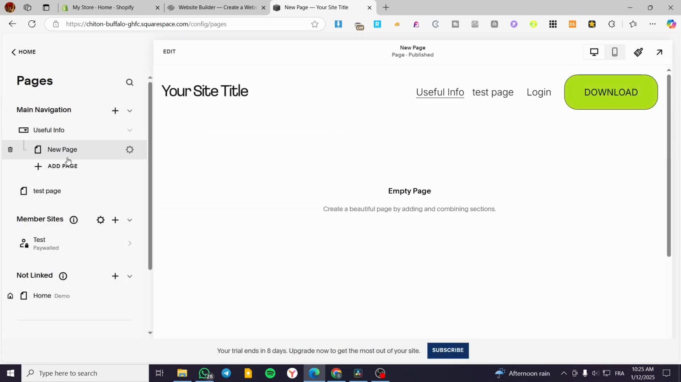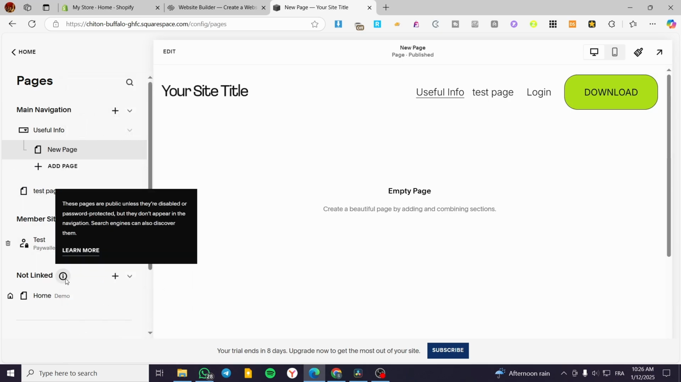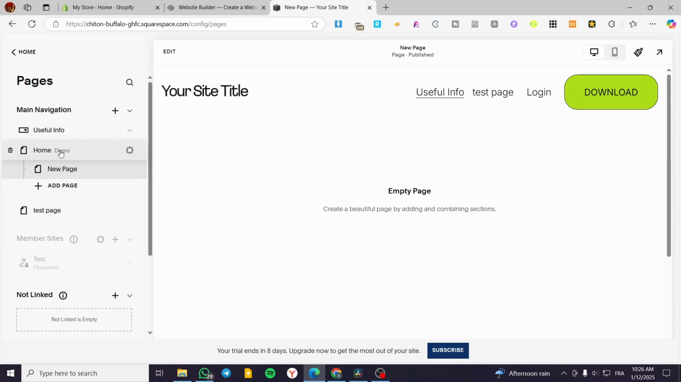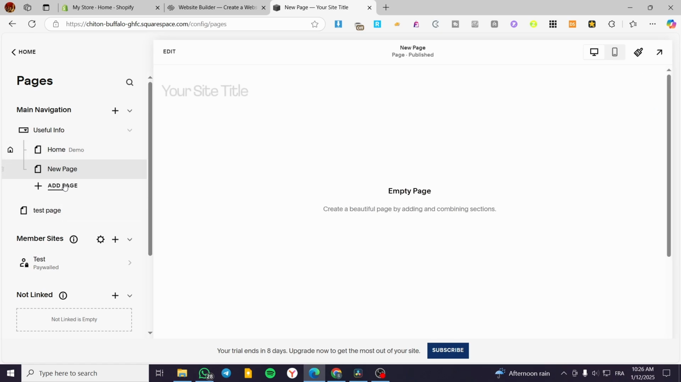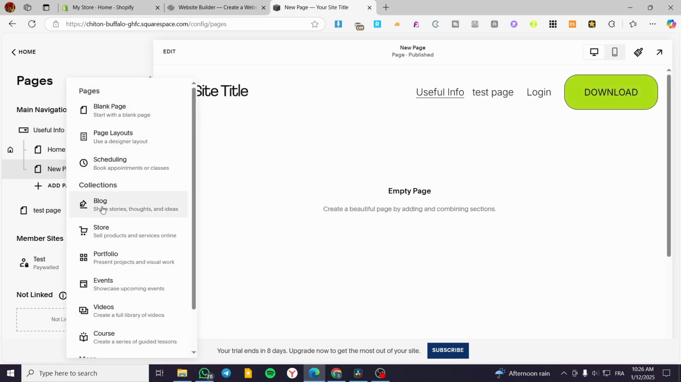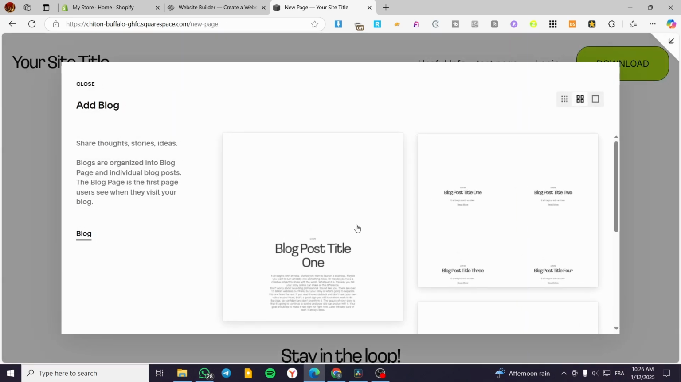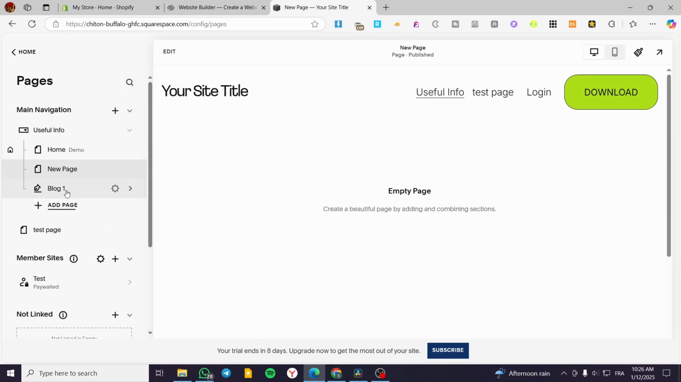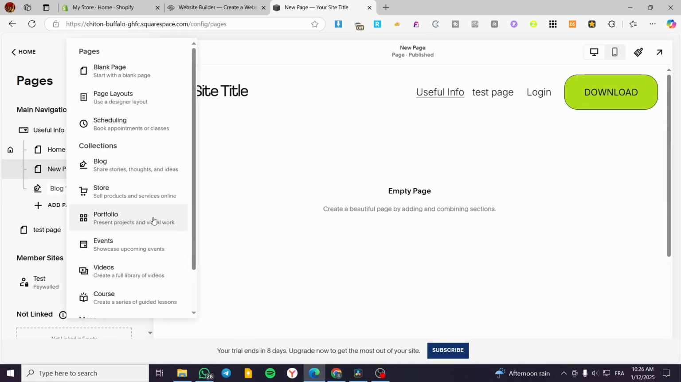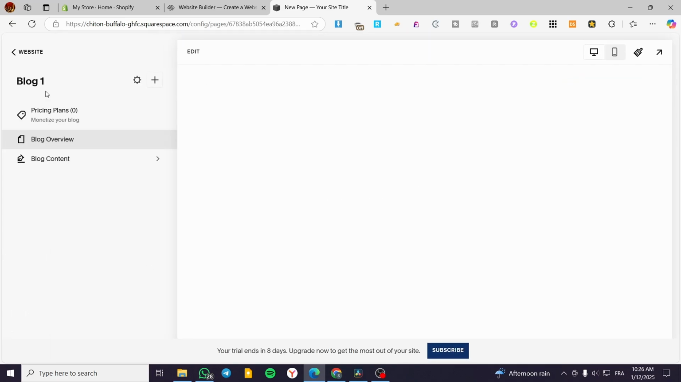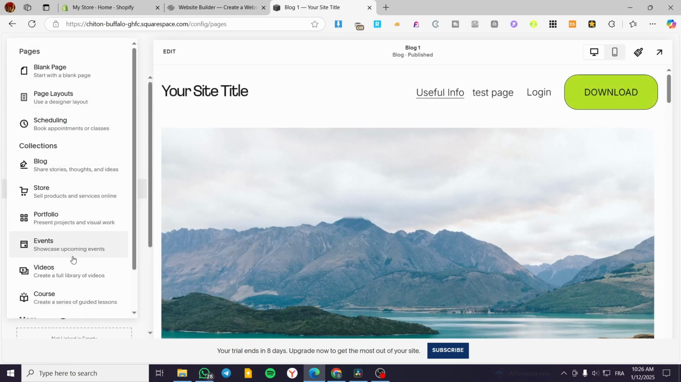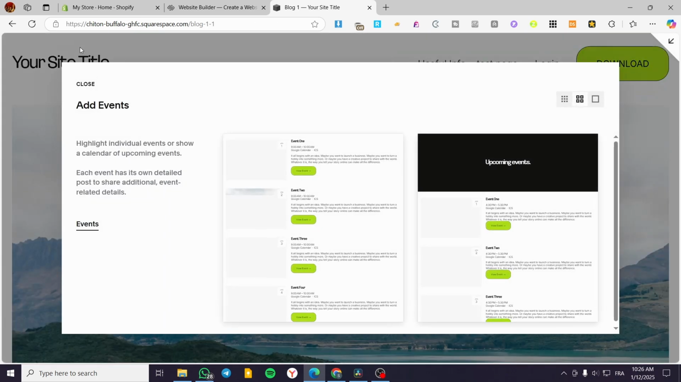So you're going to add some pages. For example, here we have, let's say, the home page. You can go ahead and grab it and put it in here. We can add whatever pages from here. For example, we can add the blog page in here. I'm going to add a blog page, so you are going to see it. You can add a portfolio, an event, or a video page into that specific folder. I'm going to add an event page here,